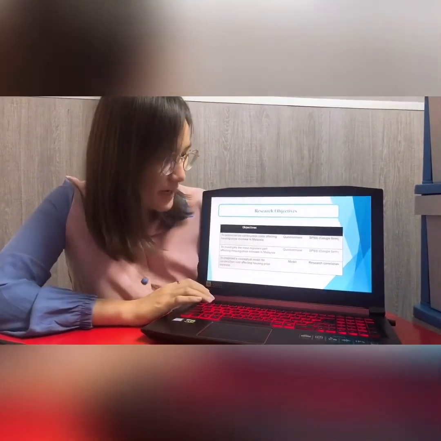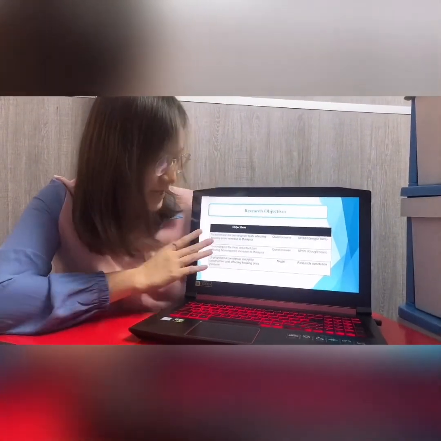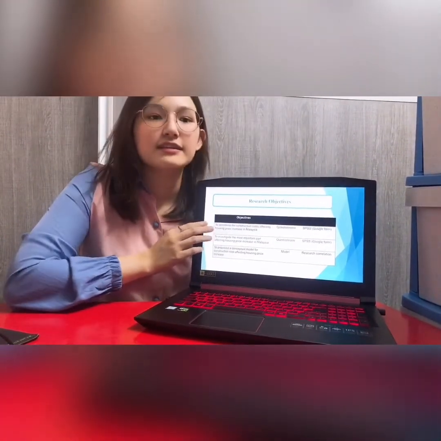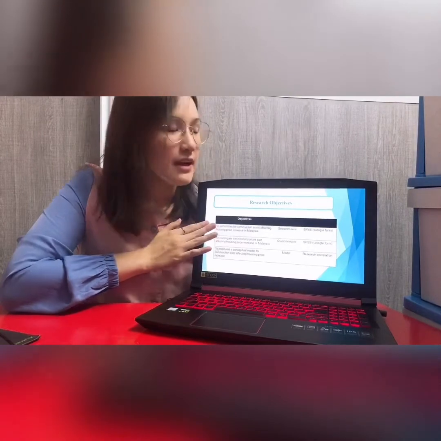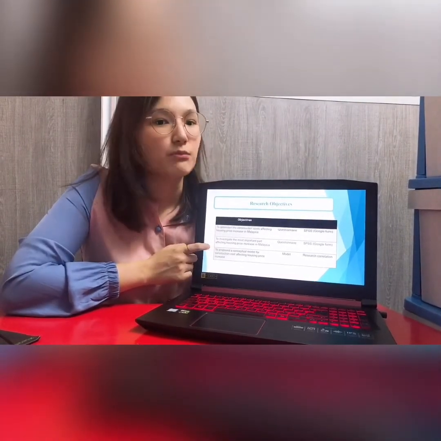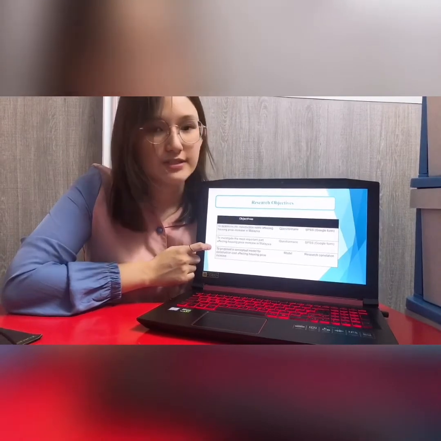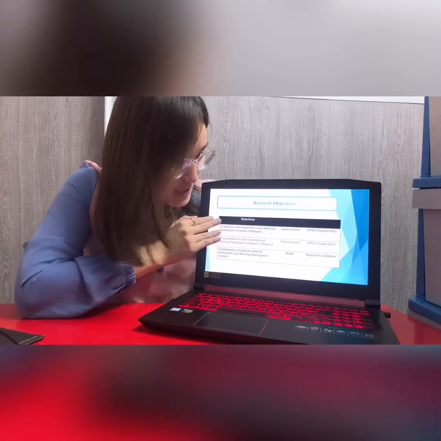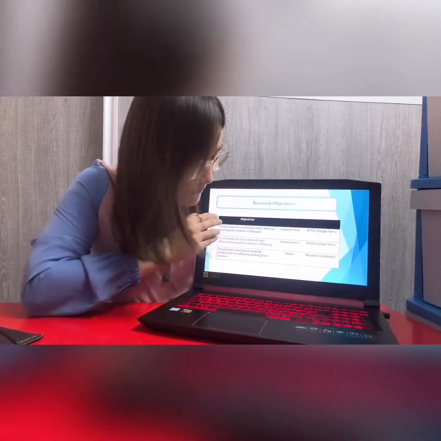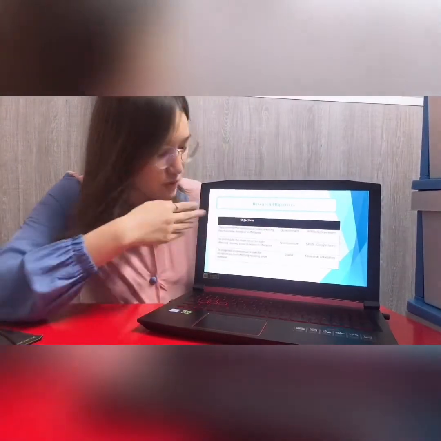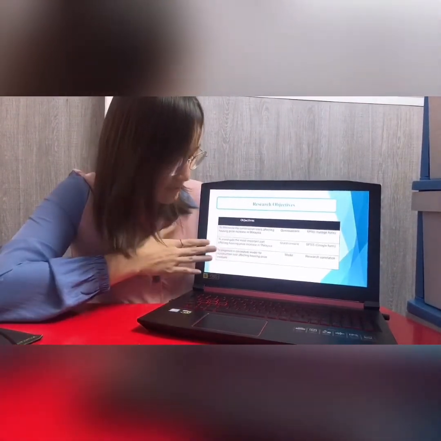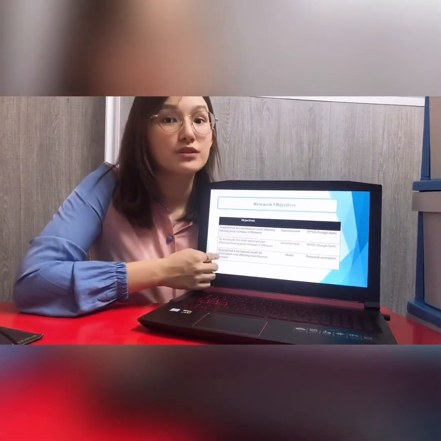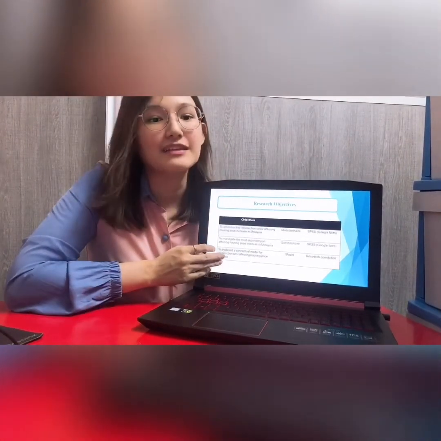This is my research objective. I have 3 research objectives. The first is to determine the construction cost affecting the housing price increase in Malaysia, and I also investigate the most important part affecting the housing price increase in Malaysia. Both of these use a questionnaire, with SPSS and Google Form. Lastly, the research objective is to propose a conceptual model for the construction cost affecting the housing price increase.